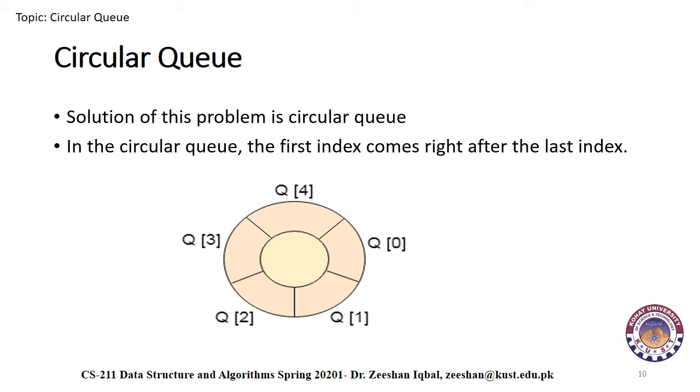Implementation of a circular queue is similar to that of a linear queue, only the logic implemented in the case of insertion and deletion is different from that in a linear queue. Remember, this is a logical way of thinking about a circular queue. The queue will always be in a linear working order.